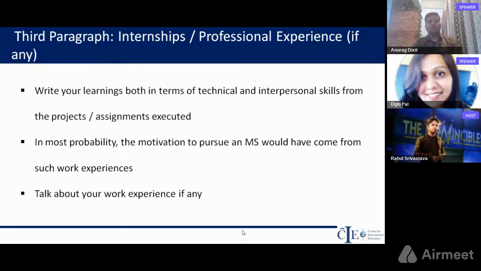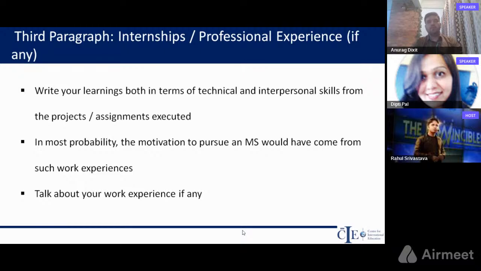So you have to talk about your learnings both in terms of the technical learnings and the interpersonal skills that you have learned through those internship projects or assignments, right? Because when you go for a master's degree, even there you will be required to demonstrate both technical abilities and interpersonal abilities, because you will be in a big class, doing a lot of projects in groups. So both these qualities are very important, and you have to talk about how you have learned and evolved in these two main skills, right? And